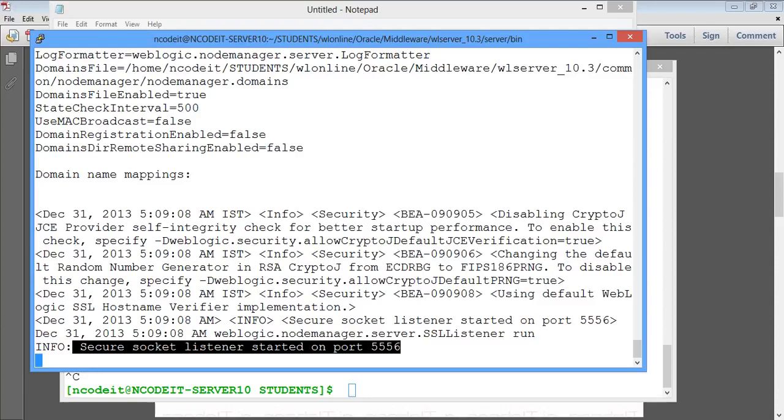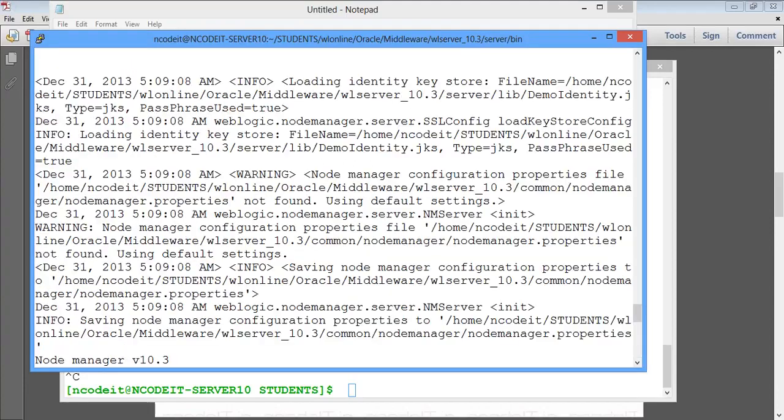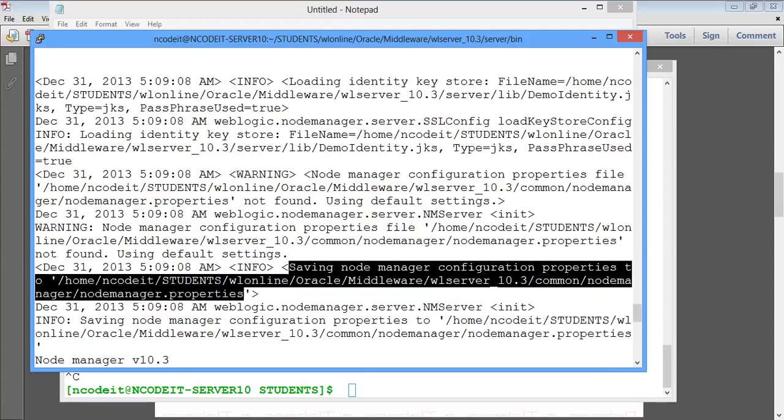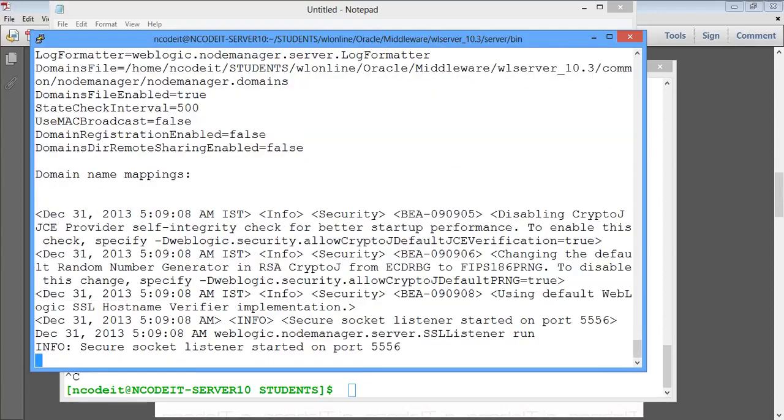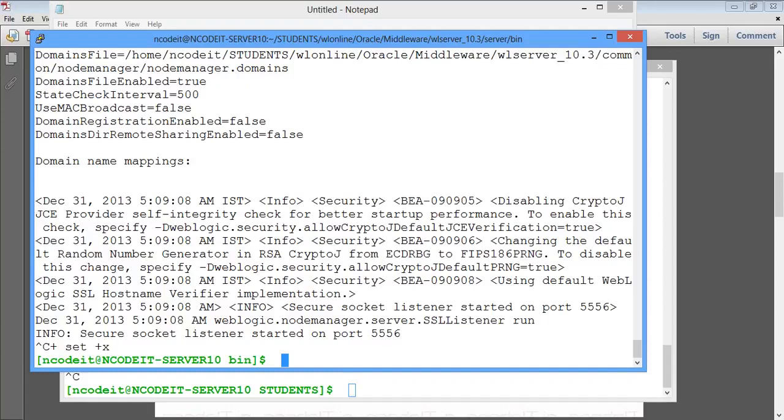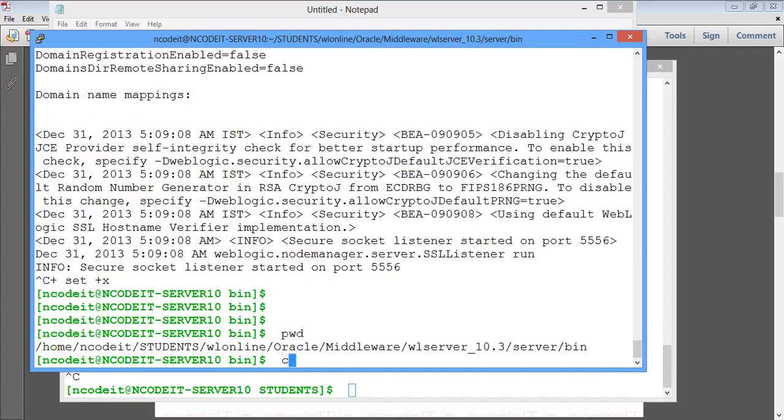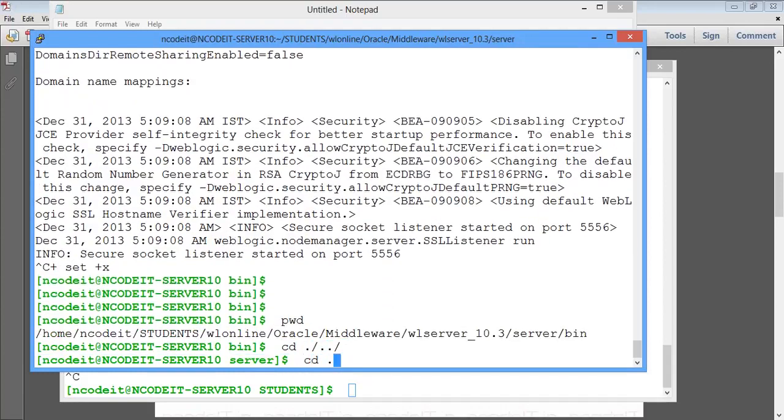So now whatever we required is created, means the node manager.properties file is created and it's stored here. Alright, it is stored. Saving node manager configuration property means if it cannot find the properties file, it creates a default one and stores it in the default location. So I'm going to close this with Control C, so that's shut down. Now let's go to that location